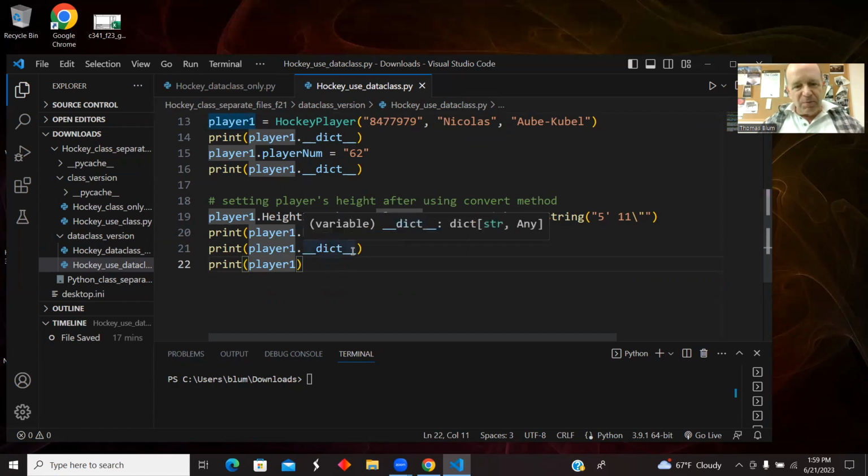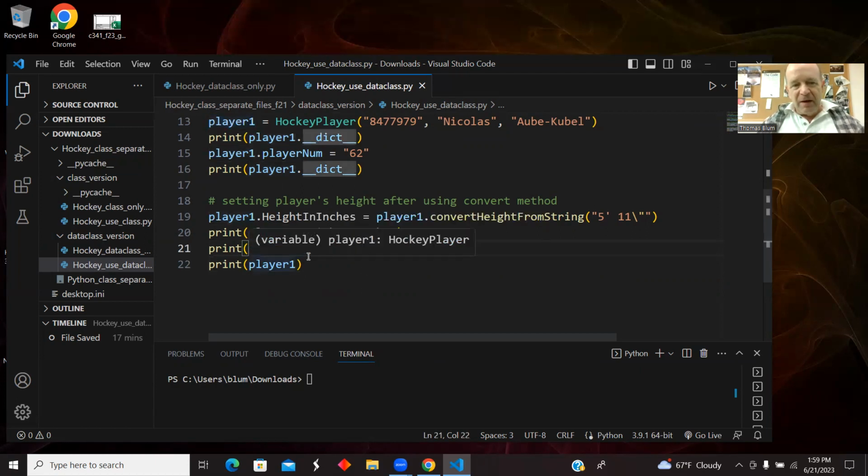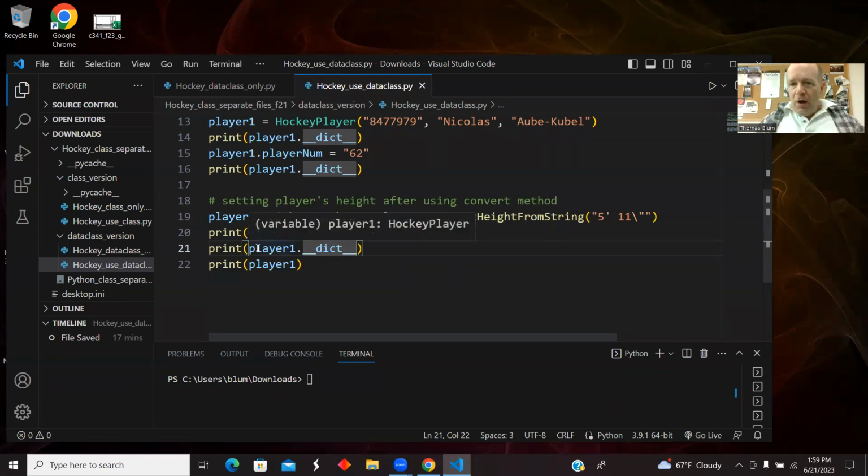So it points out, in more than just format, a difference between dunder dict and dunder repr. All right, so I should run this,